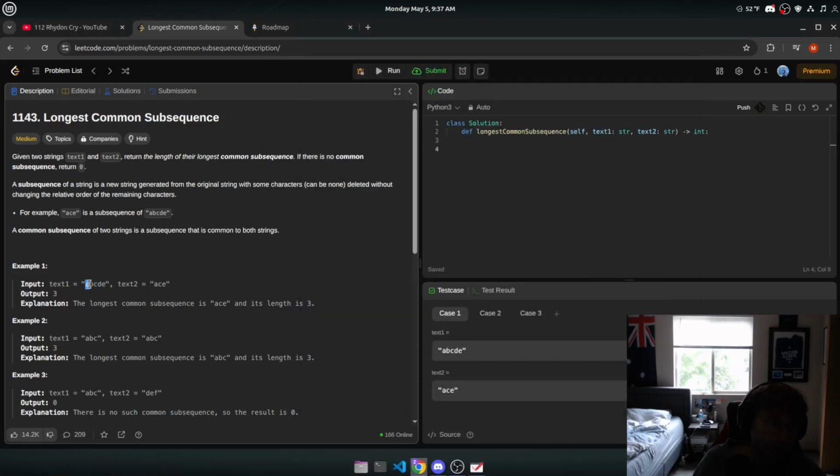Maybe we can generate every single subsequence of this word and then check if it's the same as this, right? So maybe we can do def recursion, need an i, need some sort of cur, I think. If i is greater than the length